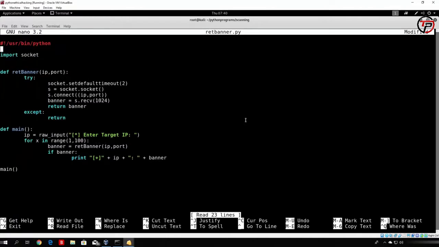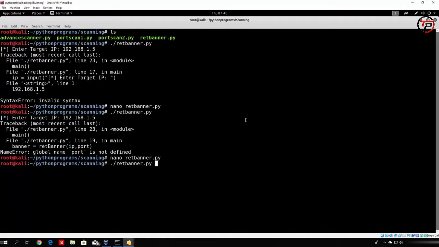What do you mean global name port is not defined? Oh yeah, we specified here port, so instead of the port, since we use variable here x, we will just delete x and make it port. So for port in range 1 to 100, maybe that is more easy to understand, we want to go to this function for each port number for the same IP address. So change that, Control O to save, Control X to exit,